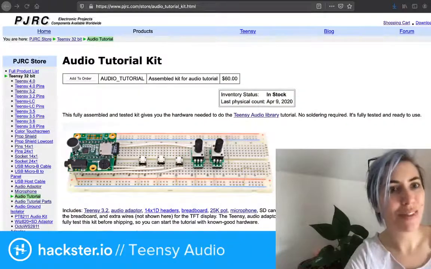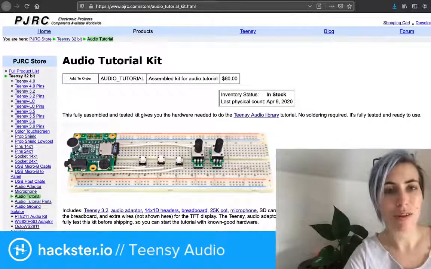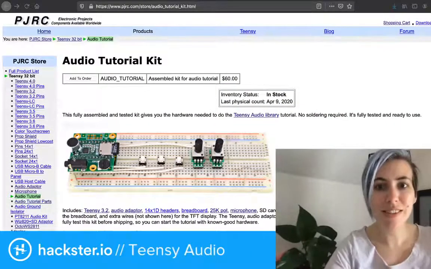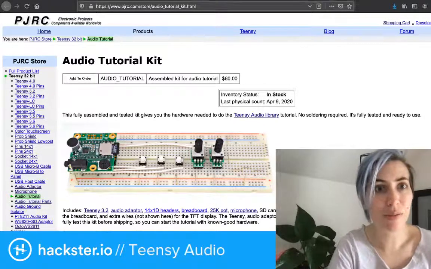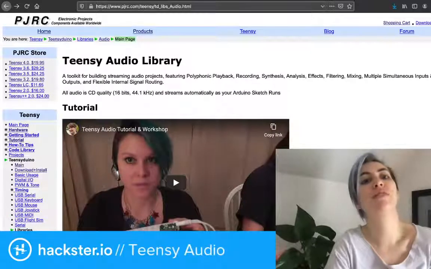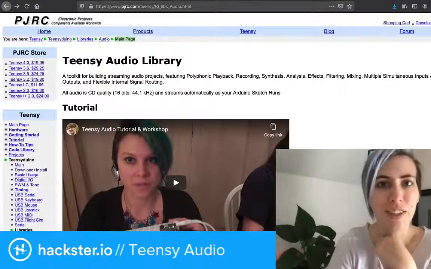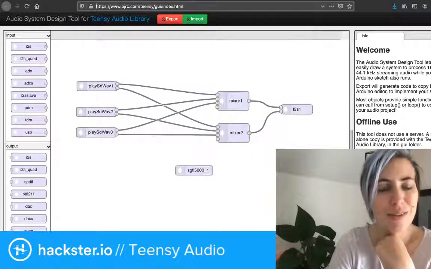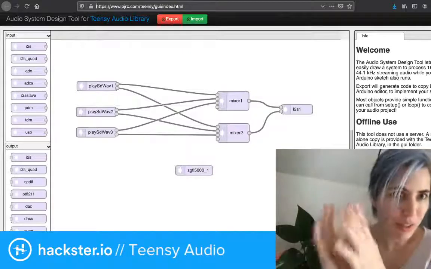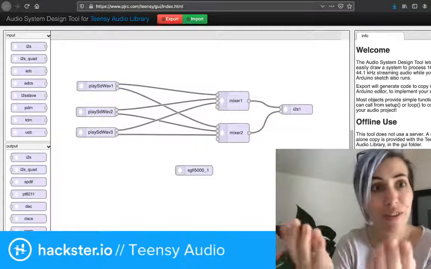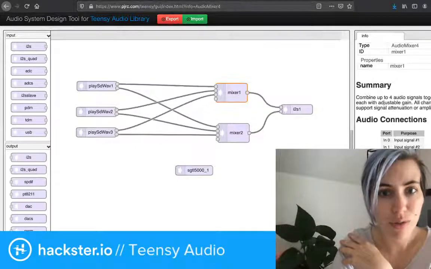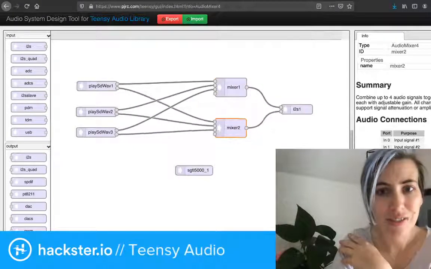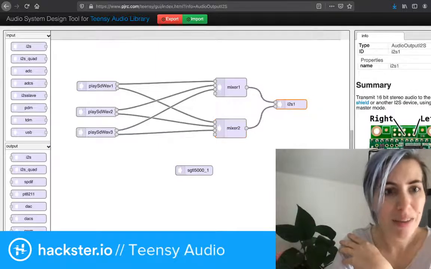Okay, so the audio tutorial kit that I am working with. This is something that Paul put together in order to show people how to use the Teensy audio library, which is an amazing resource. It includes, or I'm not sure this is specifically related to the audio library, but he has this audio system design tool. It's a graphical user interface, and you just drag around these different devices, and you can make them